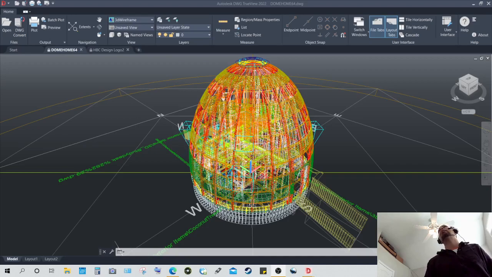AutoCAD does have many BIM faculties and aspects to it, and I may be adding those here as the design develops. This is again a working model in an ongoing project, and I expect it to remain so perhaps for a lot longer time, perhaps many more weeks, perhaps months, maybe years into the future. So without further ado, I want to just show you